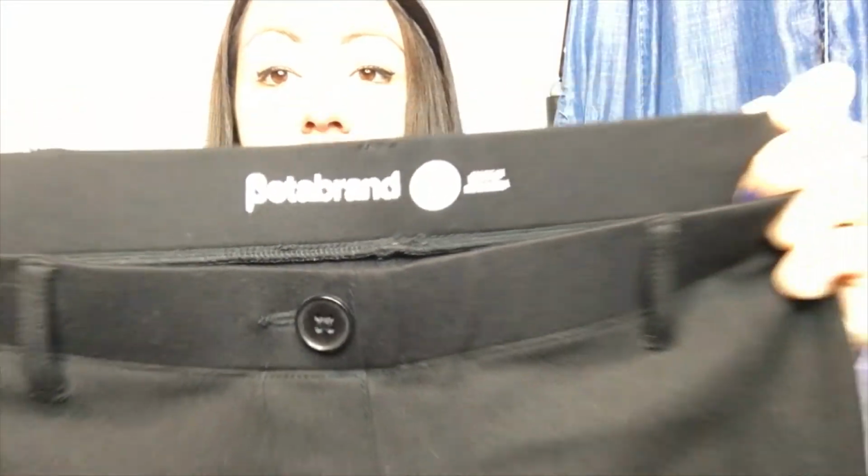So this is a pair of Beta brand pants. This is my last item to show you. This is the tag for Beta brand. I can't remember if I did a haul of this, but I went to my local Goodwill probably 2 weeks ago, and I happened to be in there, and I looked at the pants section. I didn't have a lot of time to shop, but I looked at the pants section, which is not really my favorite. I don't love selling pants,